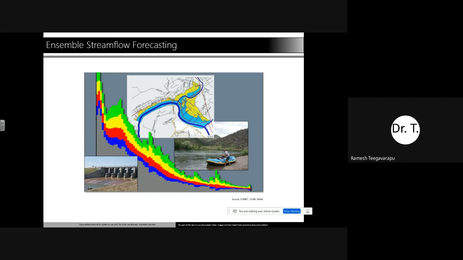We can use physically based models, like what Dr. Yadav showed yesterday, to simulate the conditions, calibrate and validate for a particular region and keep it ready. So there are a number of ways you can forecast for the next few days, depending upon the lead time.